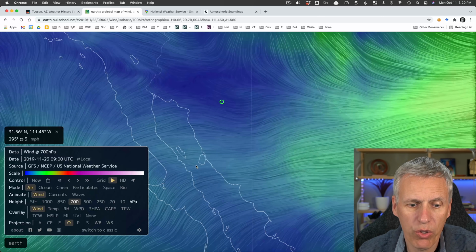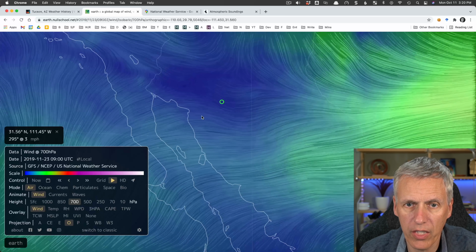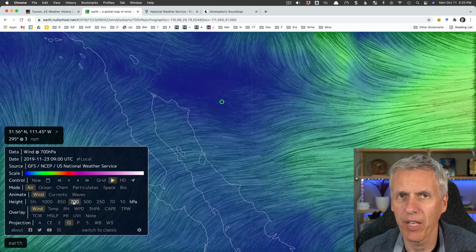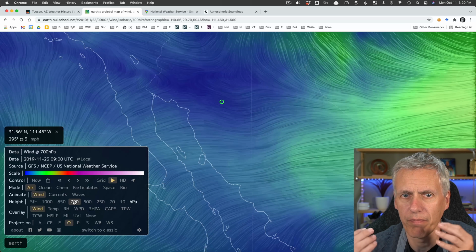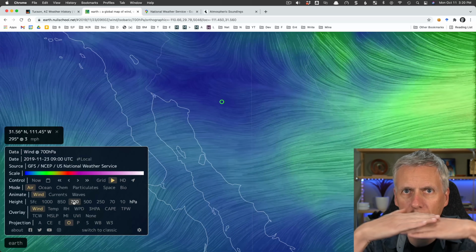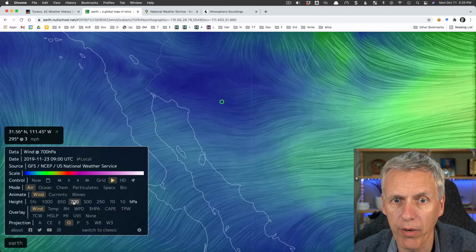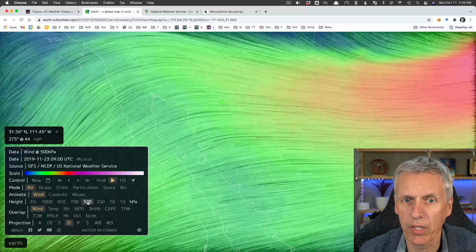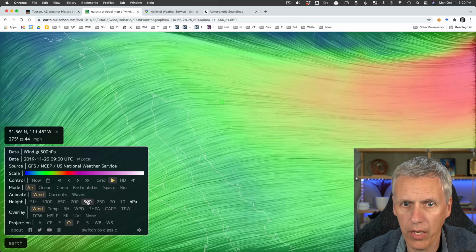Now, the wind direction we actually want here is in between these two. It's in between 850 and 700. So can we kind of take those two values and interpolate and say it's halfway between this direction and that direction? Well, that's kind of nothing. So really, it could be in pretty much any direction. Let's go a little bit higher still, and we see it's just a very strong wind blowing towards the east